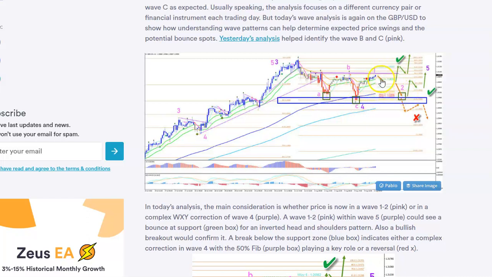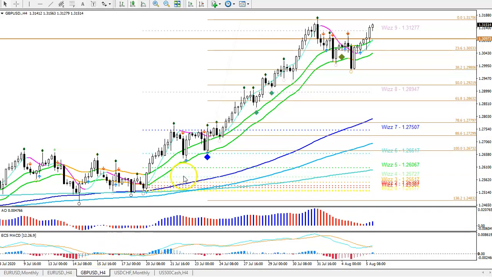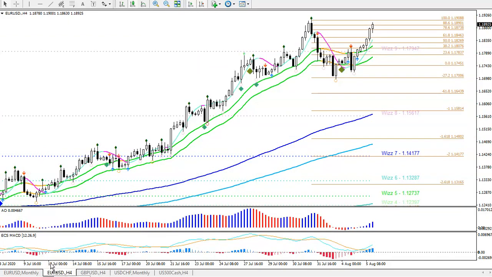But the breakout, mild pullback and breakout indicated by this image here. Anyhow, so that was the pound very clearly, I think. Euro dollar, I expected, to be honest, on Monday, I did expect a bigger pullback into